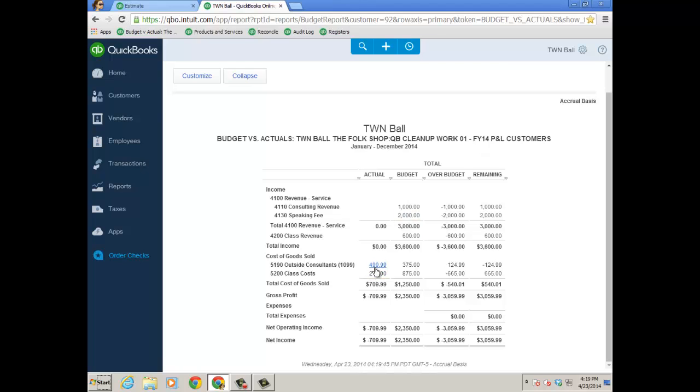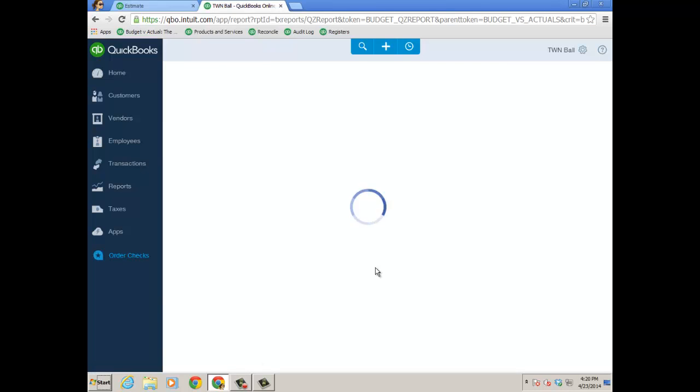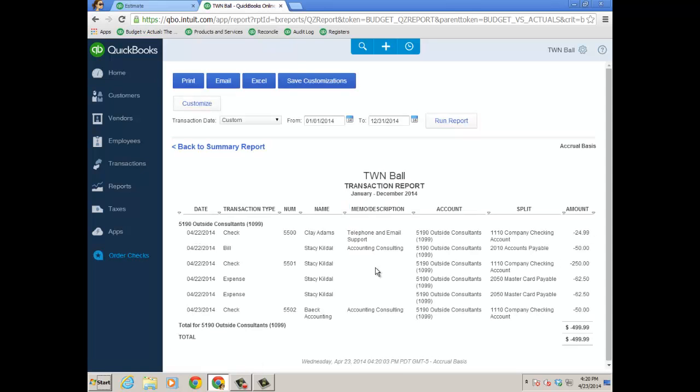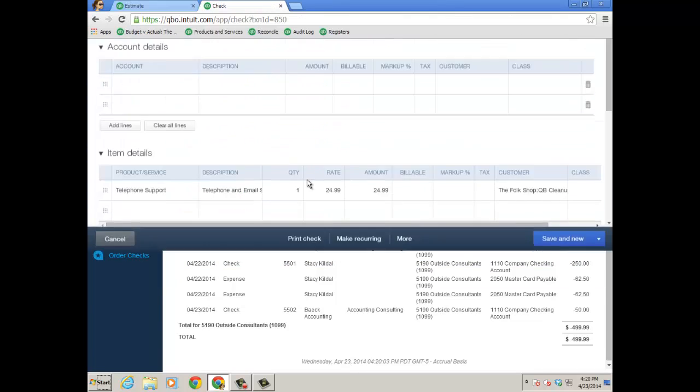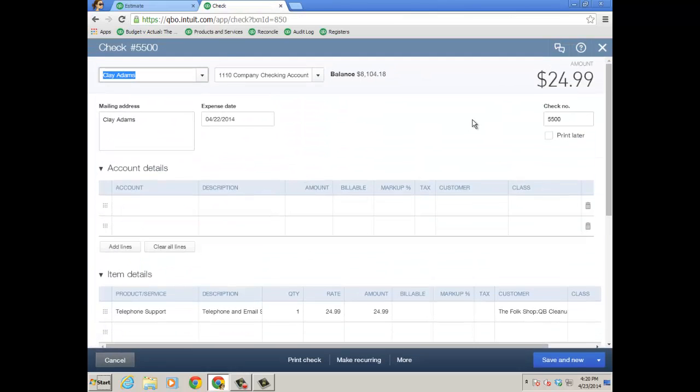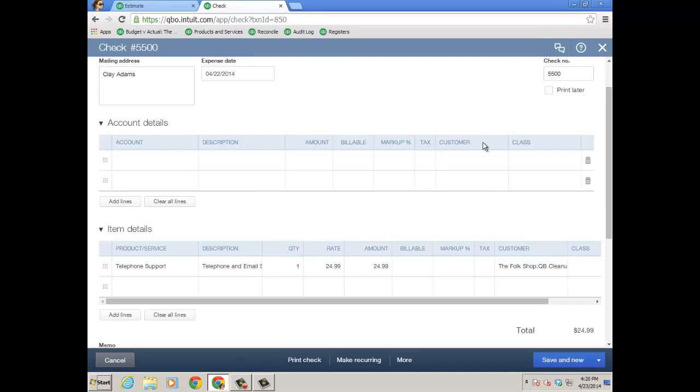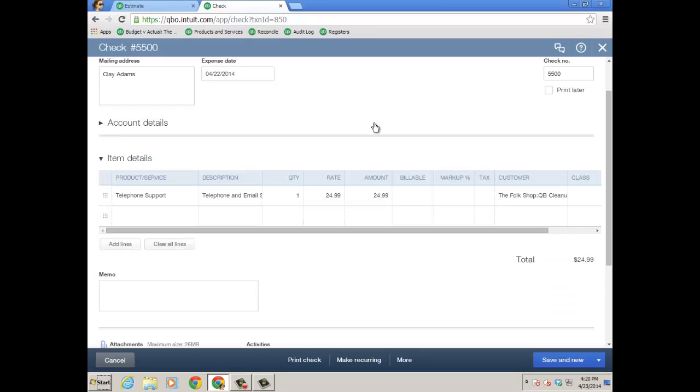So if we were to drill down for the outside consultants, it'll bring me to a list of transactions. And let's go into a check just so you can see how it works. And because of the actual preferences I've set, it added a customer field to the item details section. This is important. You know, checks, bills, your expense form for the credit card charge. You want to make sure you're going to use the items tab just like you would in desktop because the estimate is item based. So I have the check, and this is what she did, or I did, I